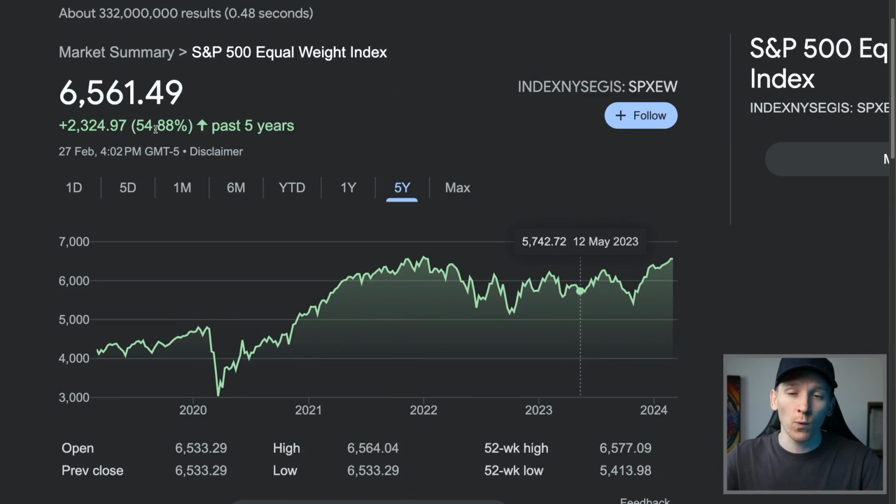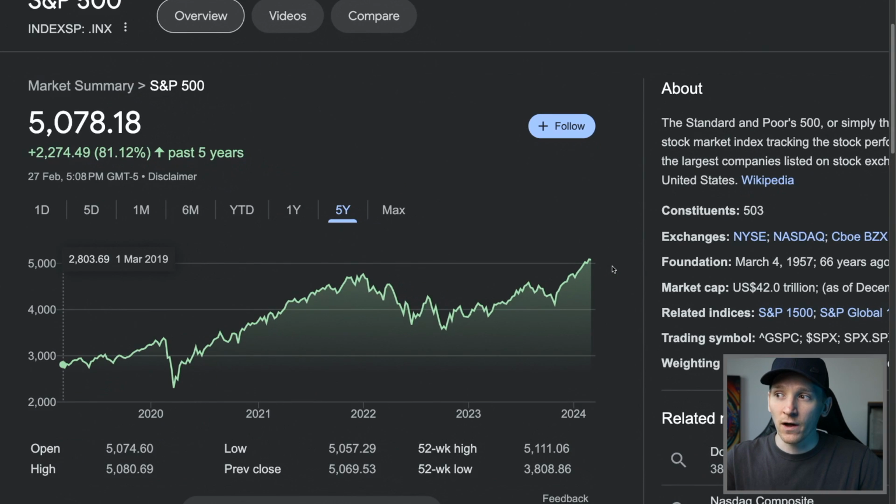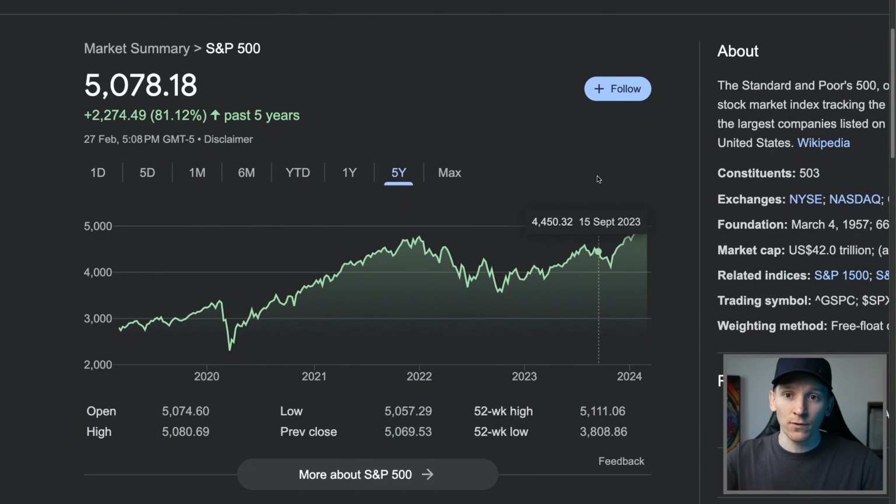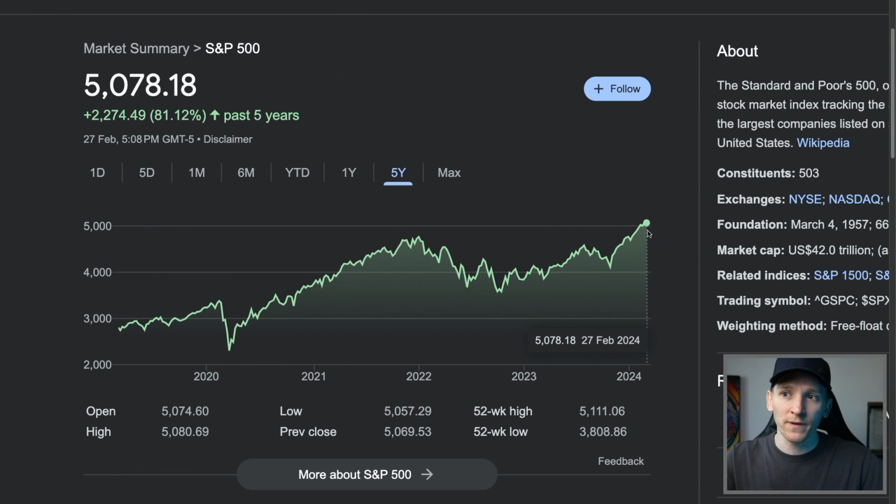Just for some context here on equal weighted indexes as well, what you're doing with equal weighted is buying less of the winners and putting more in the losers, and not putting the bulk of your assets in the things that are winning over time. This is the S&P 500 equal weighted index. Over the last 5 years, it's up 55% and it's at an all-time high, but you can see a pretty flat performance over the last few years. If you compare that to the S&P 500, which is the market cap weighted index, that is putting more of its money into the winners over time, it's massively outperformed. It's up 81%. So for me personally, equal weighted is not the way to go,